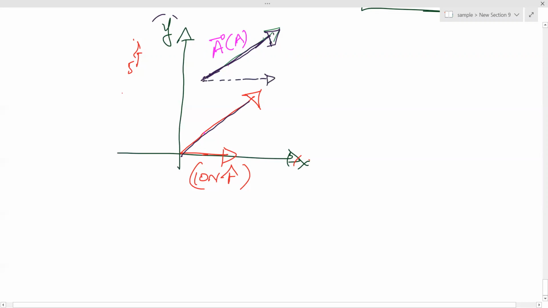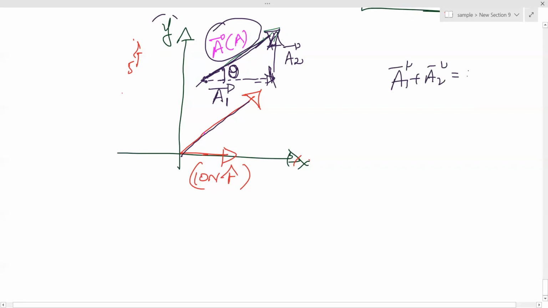Can I write this vector and this vector, their addition, as the resultant, whatever vector you want? Yes, sir. We can write. So now if you carefully observe, can I take this as some angle theta? This vector is making some angle theta with the x-axis. So what is the magnitude of this length in the triangle? This is A1 vector, this is A2 vector I'm writing, okay? Can I write this as A1 vector plus A2 vector is equal to A vector? Yes, sir.